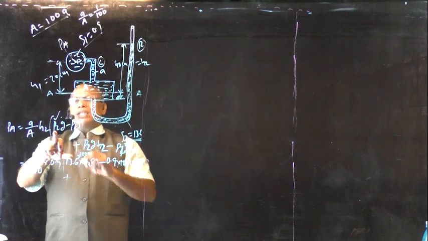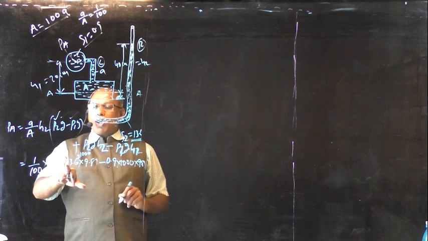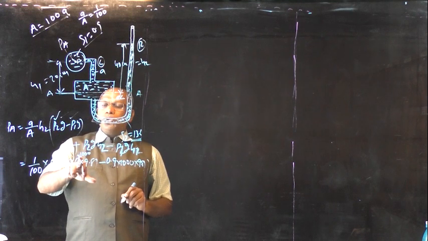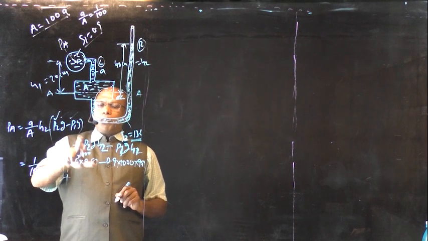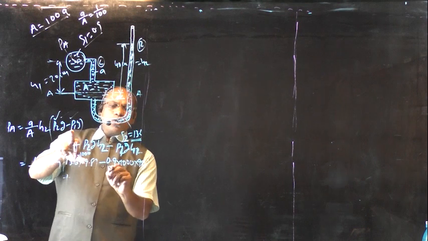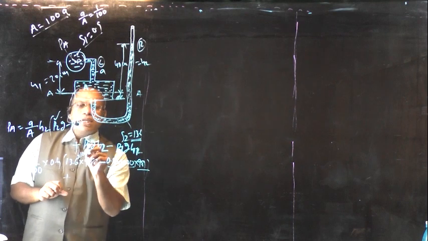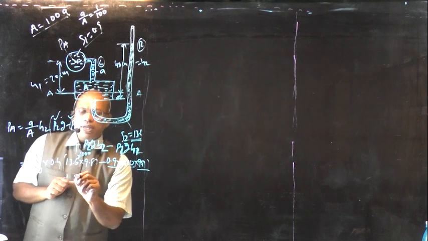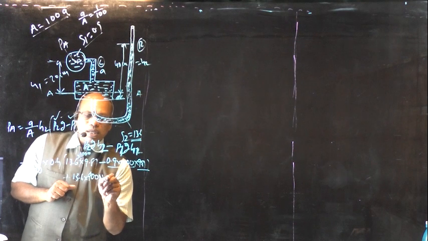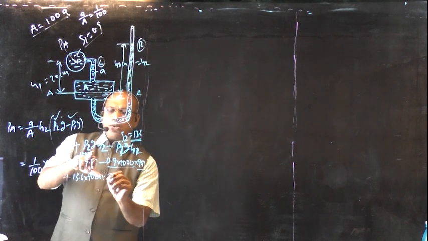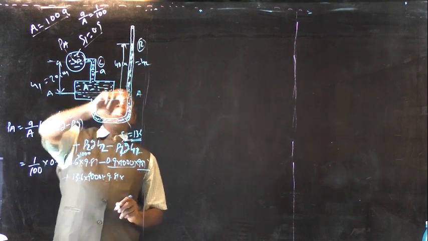Rho 2 is nothing but the density of the manometer liquid, that is equal to specific gravity of the manometer liquid, 13.6, into density of the standard liquid, that is 1000 kg per meter cube, into 9.81, the g value. Rho 1, 0.9 into 1000 density, g value 9.81, plus density of the manometer liquid, 13.6 into 1000 into g value 9.81 into H2, that is equal to